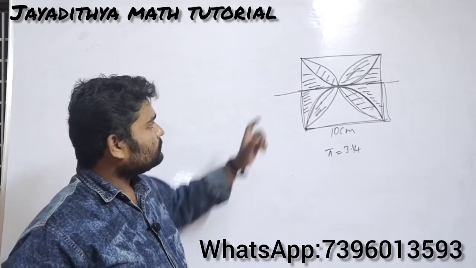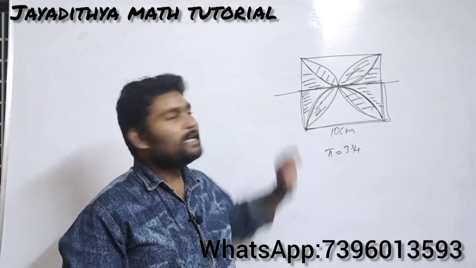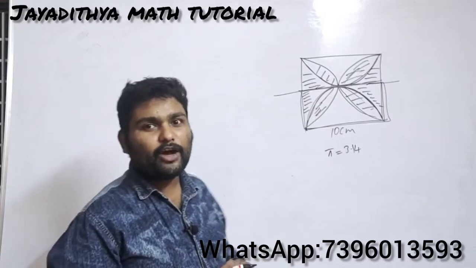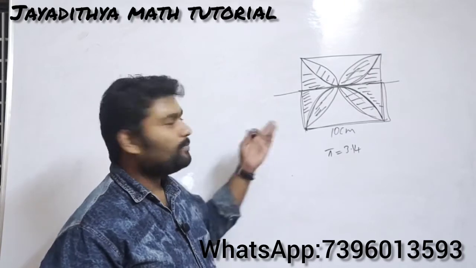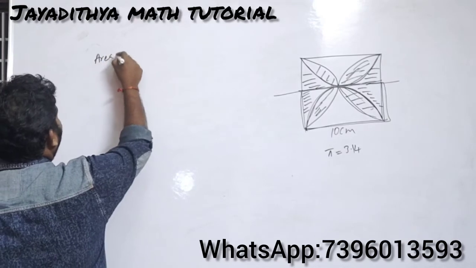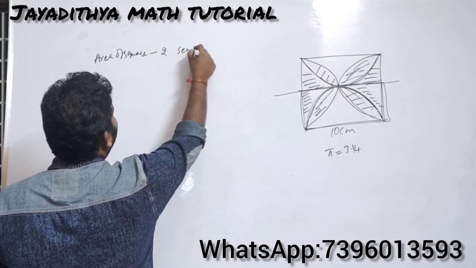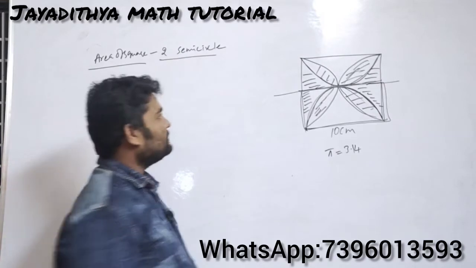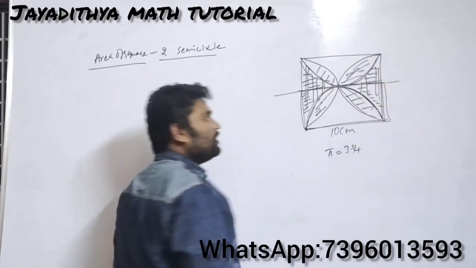So first of all, you find the area of the unshaded parts, then you find the area of the shaded part. To find the shaded part, from the square area you subtract the unshaded area. So the first thing is, from the area of the square, if I subtract 2 semicircles, I'll get the area of this part, where I am drawing the vertical lines.